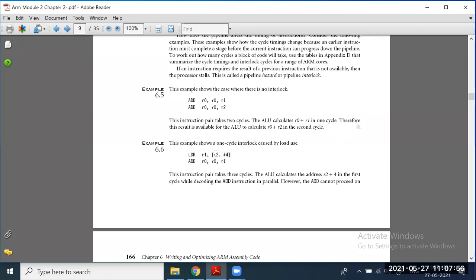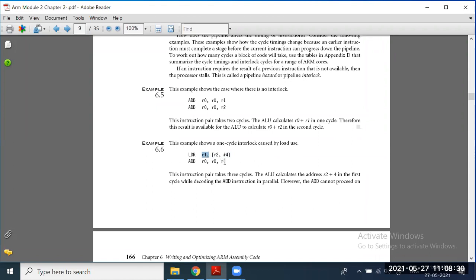That total address is passed within this bracket, it goes to that location and gets a value, which is copied into R1. This addition operation calculating the address R2 plus 4 happens in one cycle. In the second cycle, the value gets loaded into R1.